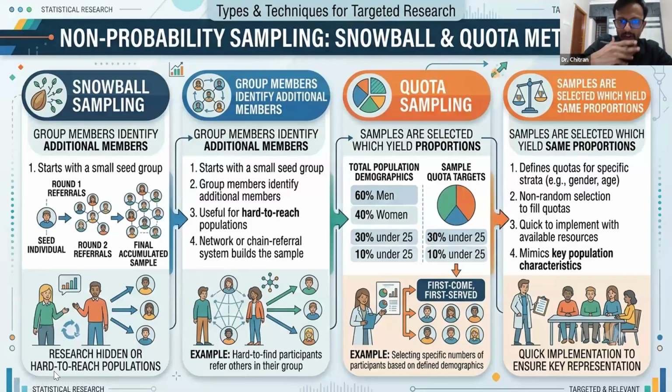And then quota sampling is also there, which is based on ratio, like 60%. It's a bit complicated, but it's all related to connections, and they say that it's related to bias. So you can go to the next slide. I think that would be better.